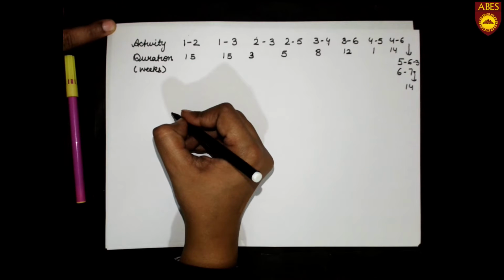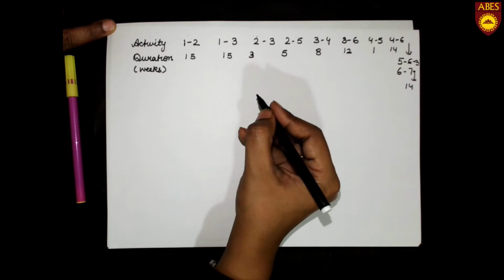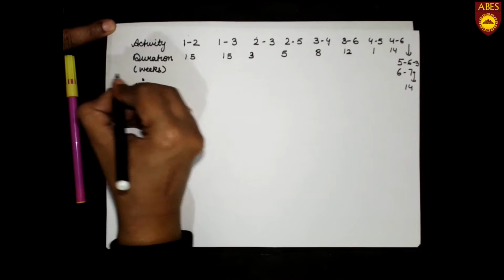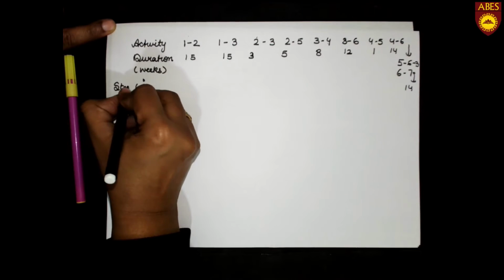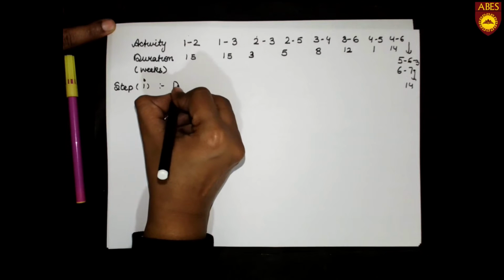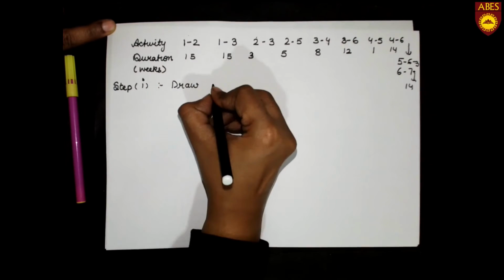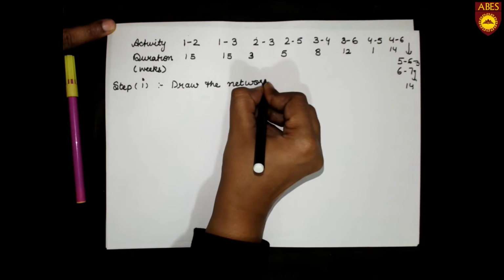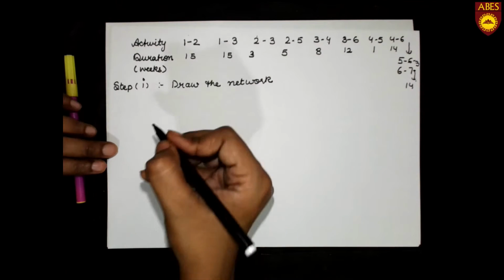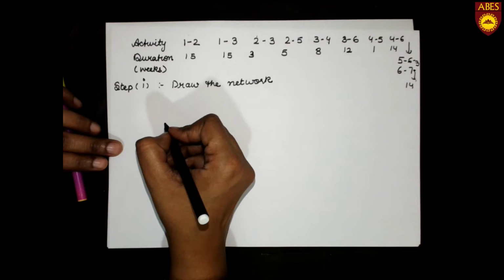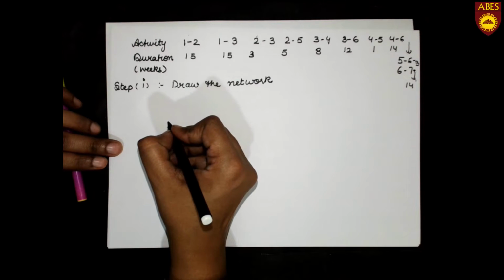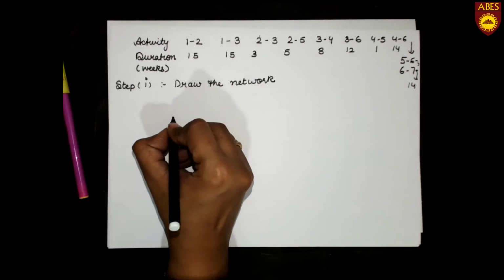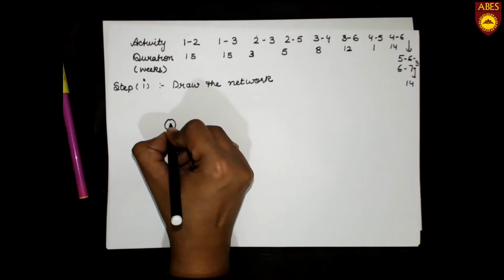Number one is, we have to draw the network. First of all, step 1, draw the network. Since our activity is in the form of events, it will be much easier for drawing that network. For example, 1,